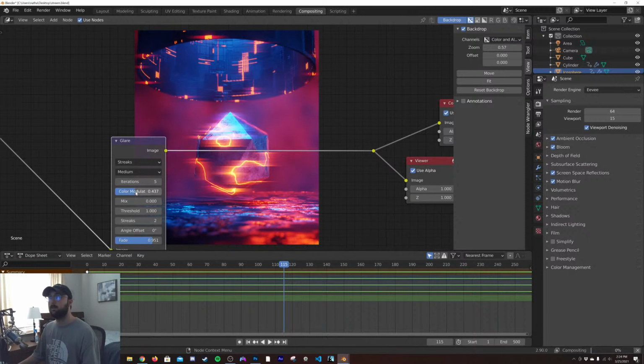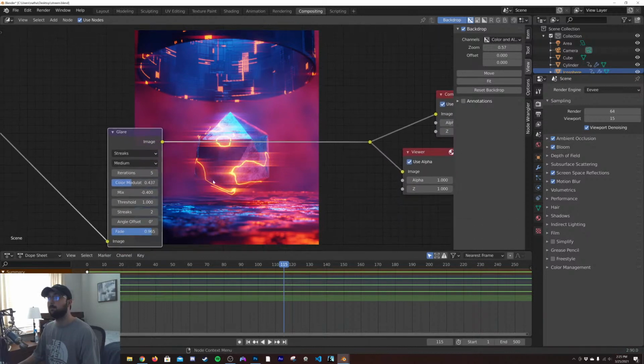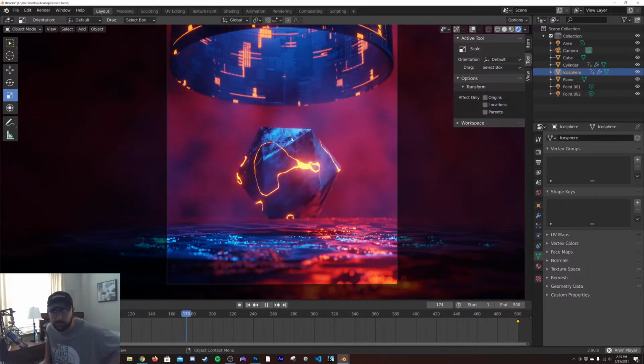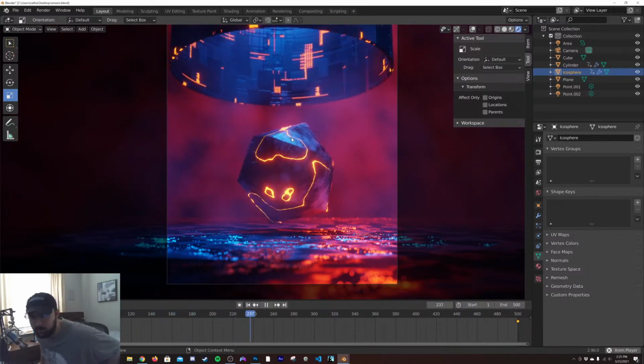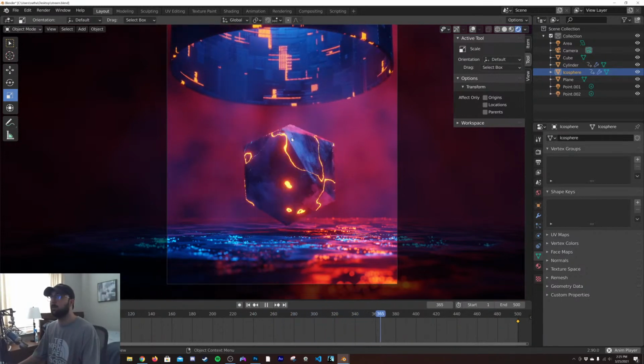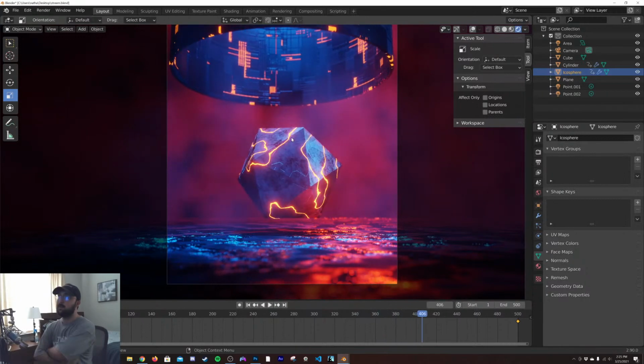And then color modulation come up a little bit as well. And then fade it out some more. Not quite so much. And then we'll bring that mix down so it's not quite so apparent. Mix needs to come down some more. There we go. And I think that just about wraps it up. There we go. That is our live stream piece that we made together.